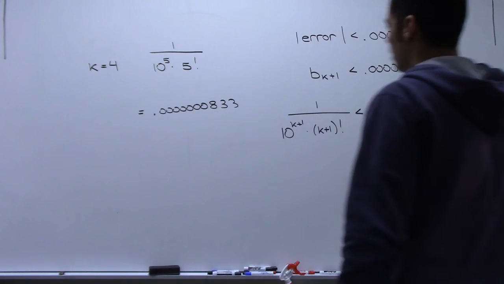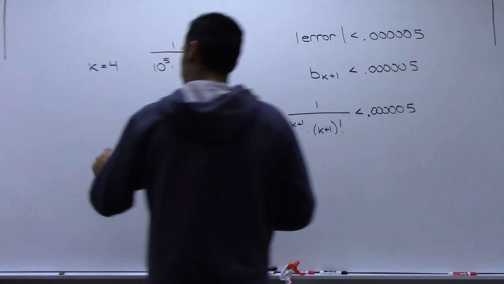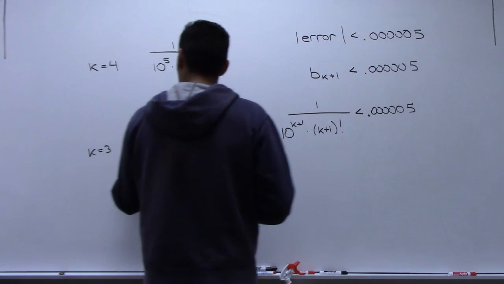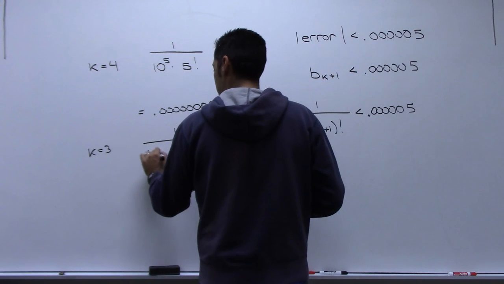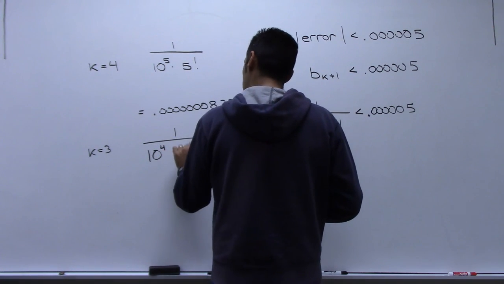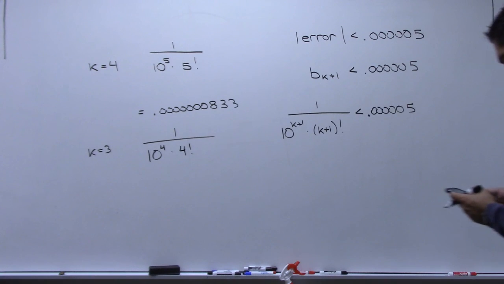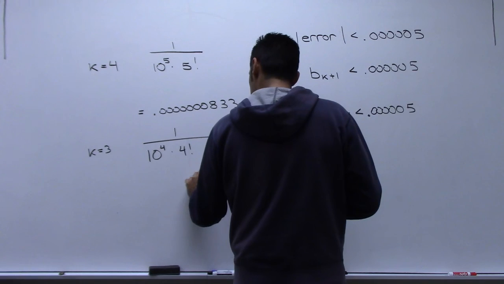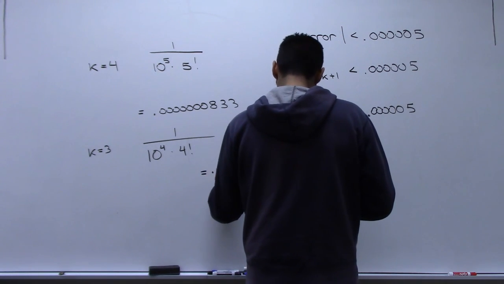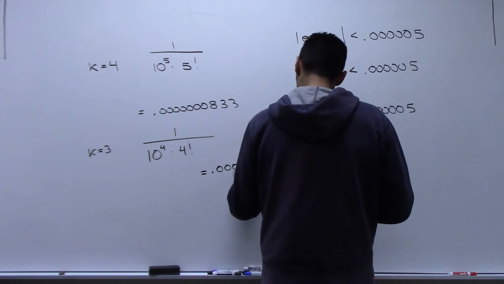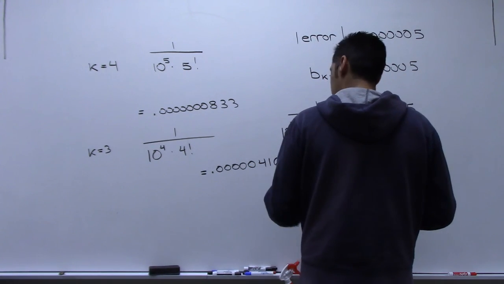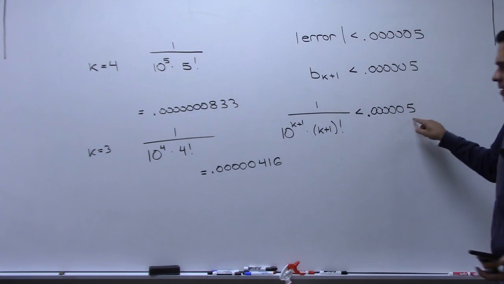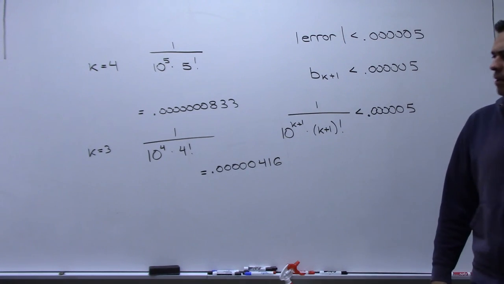That's a little too far. So let me try 3. 3 would give me 1 over 10 to the 4 times 4 factorial. So 1 divided by 10 to the 4 times 4 times 3 times 2. This is 0.0000416, and that works. That's less than this, just barely. So with k being 3,